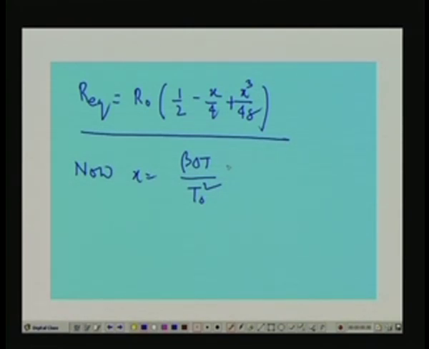Therefore, we can predict that there is more or less a linear relationship between the resistance R equivalent and the temperature change delta t, right. Now, part B